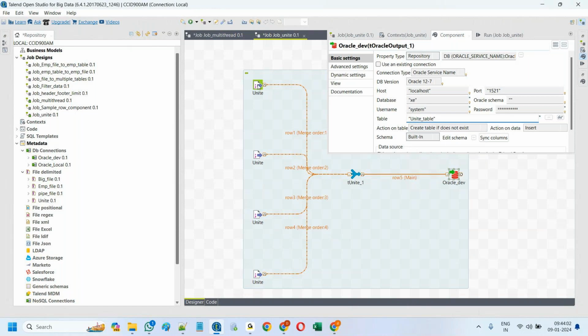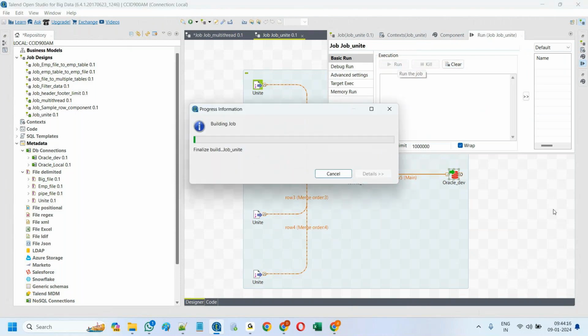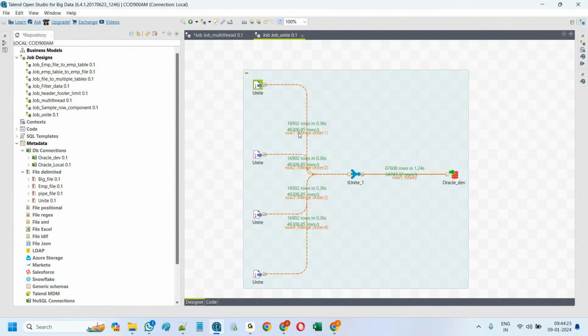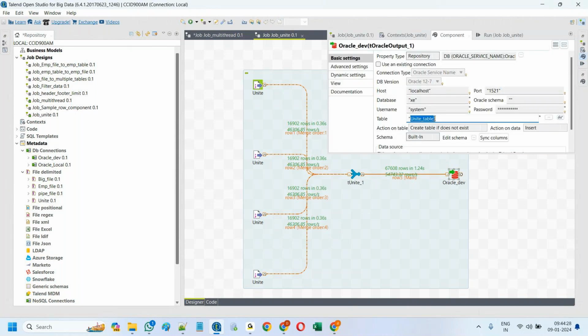First file read and load. Second file read and load. Third file read and load. Always creating. Fourth file read and load. That's it. Now run the job. See that each and every file has 16,000 plus records. Double click here, copy this table name